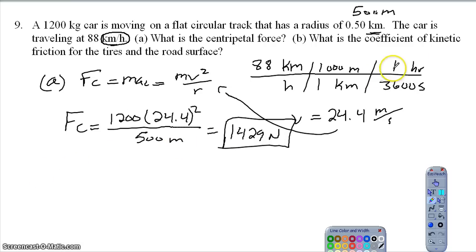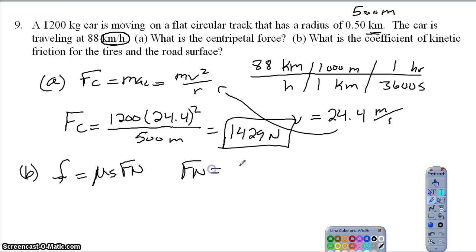Part B, what is the coefficient of kinetic friction for the tires and the road surface? Question B is more of a concept relationship. The formula we're going to work with is actually pretty easy. The only real formula we work with involving the coefficient of friction is friction equals my coefficient times the normal force. Finding the normal force on a flat road isn't that bad. The normal force would have to equal the force due to gravity,